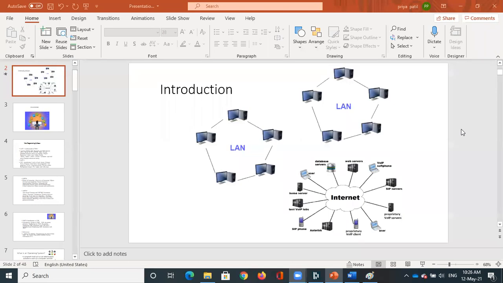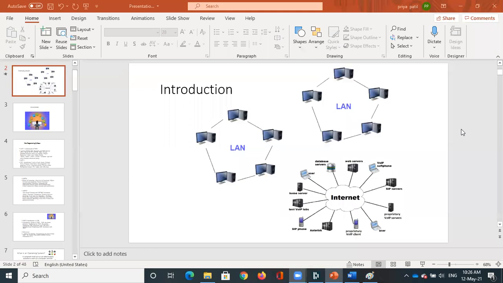So basically, the network, or the internet, was started in the defense system, in the 1960s or 1970s. During that time, for defense purposes, they wanted some technology where they could communicate without going physically from one place to another. So for that, they started this concept of networking, and later on there were a lot of innovations, and still research is going on continuously. So in today's class, we'll discuss what a network is, what the internet is, and then the World Wide Web and so on.